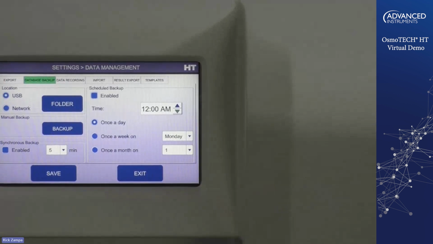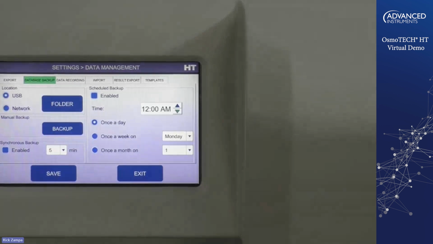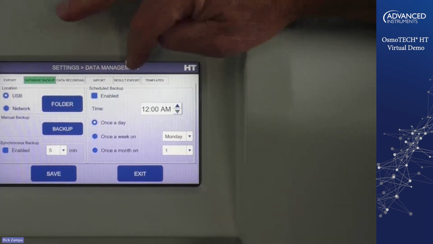The synchronous backup backs up the file anywhere from every 5 minutes to 60 minutes. And the difference there is it's one continuous file that gets rewritten every time it backs up. So it's up to your IT people or your data integrity people on how they want to do that. Do they want 12 individual files for a year, or one big file that would cover an entire year or the entire life of the instrument, for instance? So there's the import function,